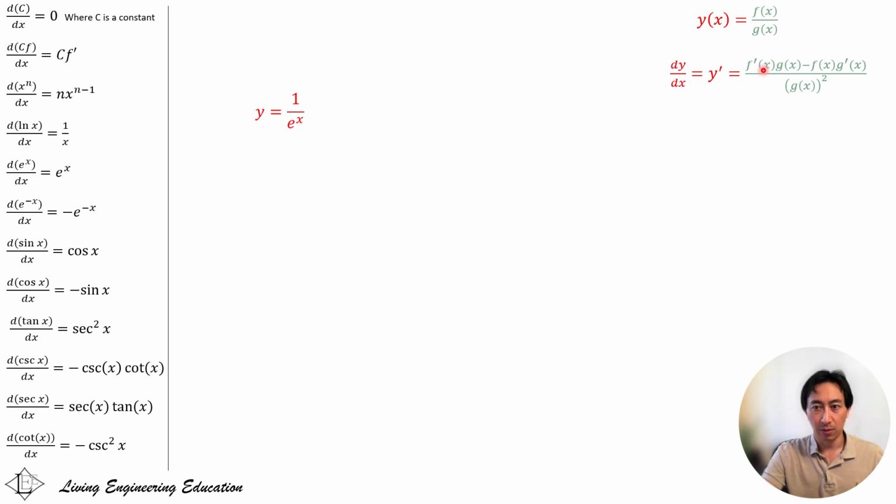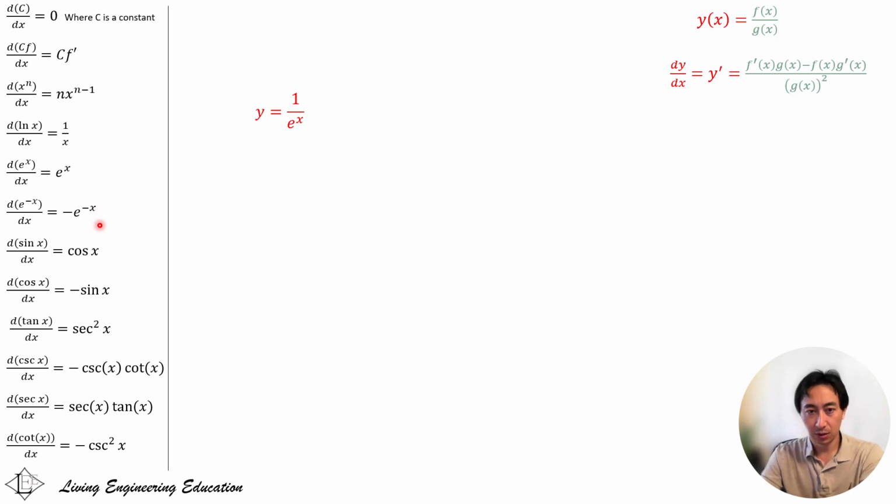So we remember from a couple examples ago, we can get rid of this first term here. And the second thing is we know the solution to this, right? Because 1 over e to the x is the same thing as e to the negative x, which we know the solution here. So I don't even need to work this out, and I know the solution because we derived it a few videos ago. But let's work it out using quotient rule just so that we have something else to